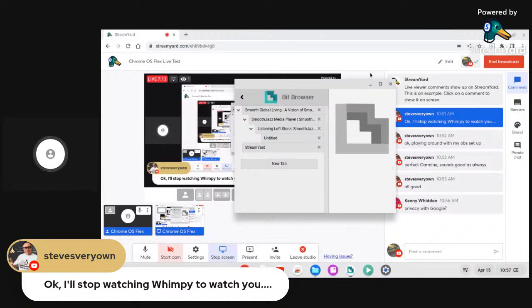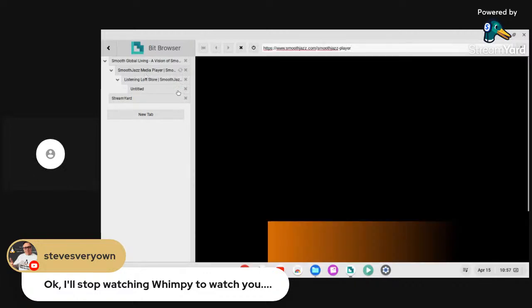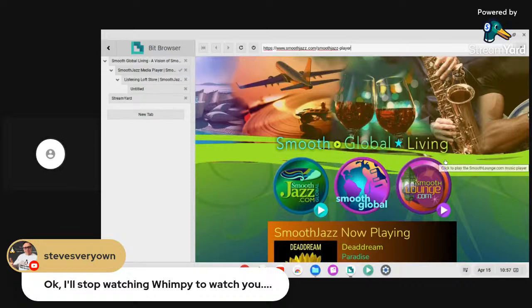Yeah, so this is the Bit browser. Simple, no Flash, nothing fancy, pretty basic stuff as far as this particular application goes. So this is Smooth Global Living,